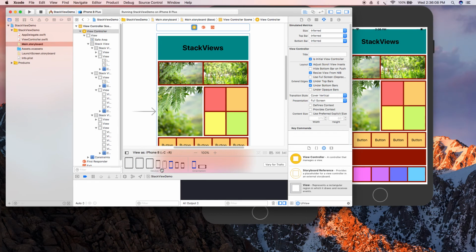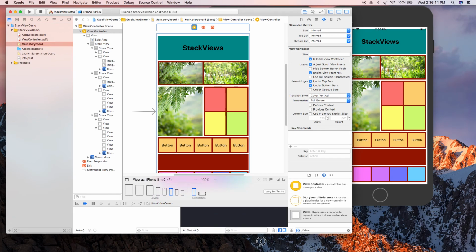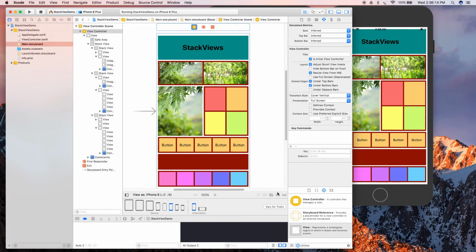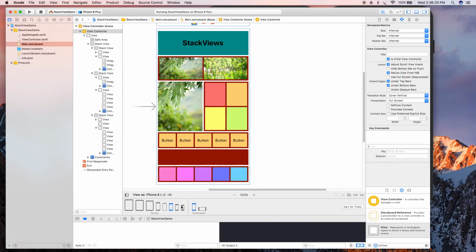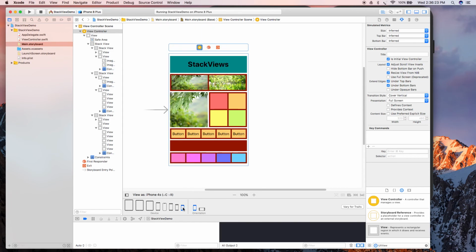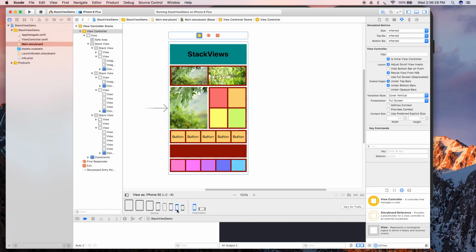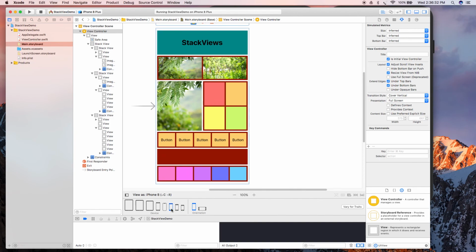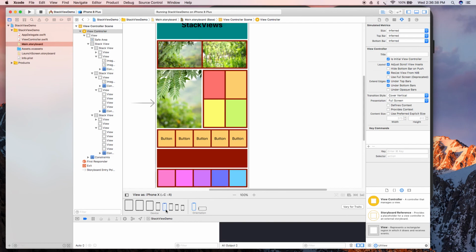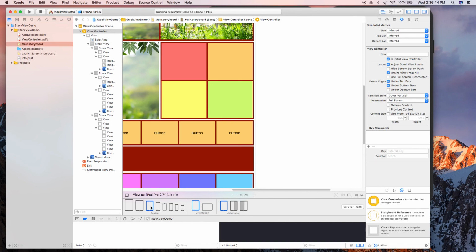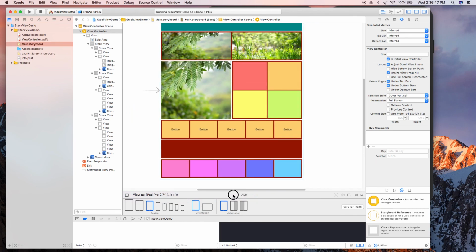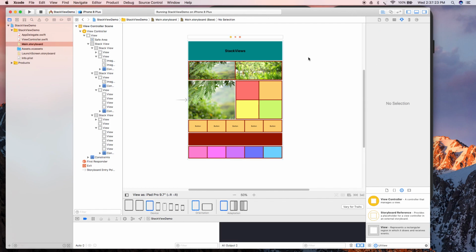Let's click here so that we can switch it. You can see the layout for different devices with different screen sizes. I'm going to see this here. You can see that the layout is the same. Over here, you select this, the layout is the same. Here it is, and select this, the layout is the same. And if you go to the iPad screen, then the screen is the same. This is it, and thanks for